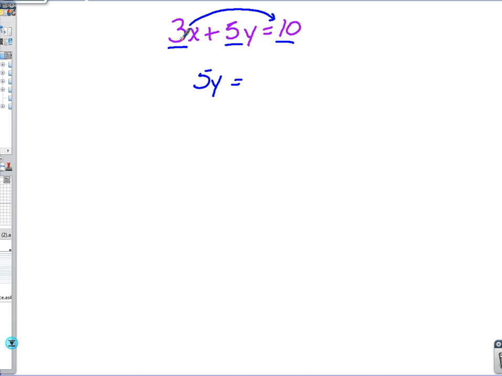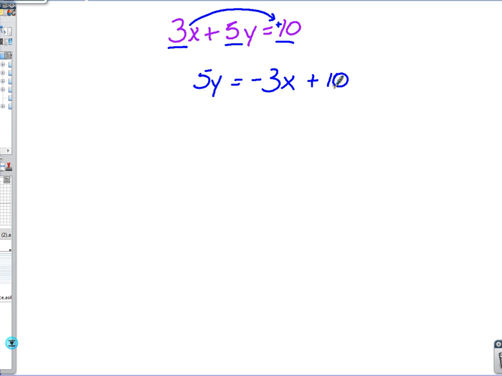3x is actually going to become -3x. And 10, since it didn't have a sign in front of it, is understood to be a positive 10. So I'm going to leave that as plus 10. And I'm nearly done already. In that one step, I got rid of a whole term, and now all I've got to get rid of